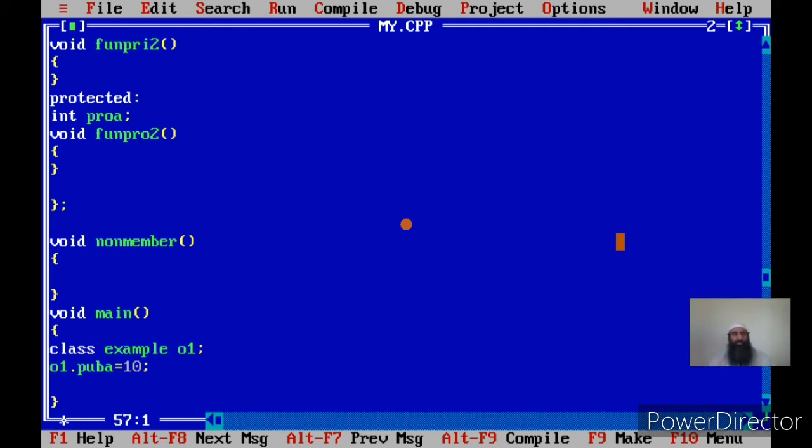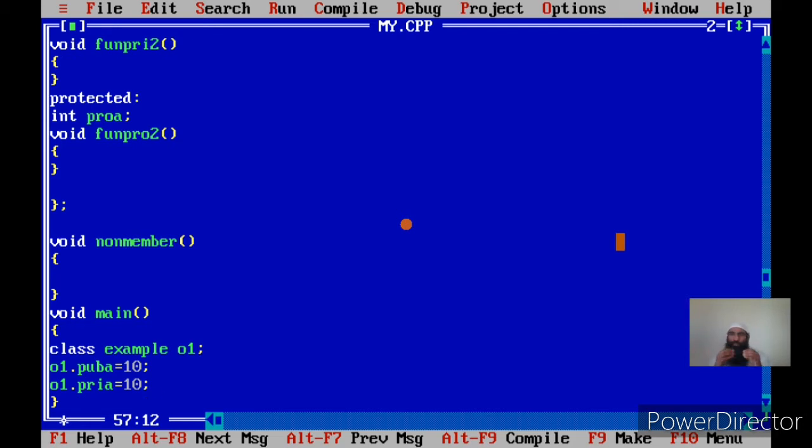Now if you want to access the private data, you still have to give the name as o1 dot pri a equal to 10. For giving the name, you have to give o1 dot member name, whether it's a function member or a data member. Without giving the name, you cannot access it. This is accessing at level 1.